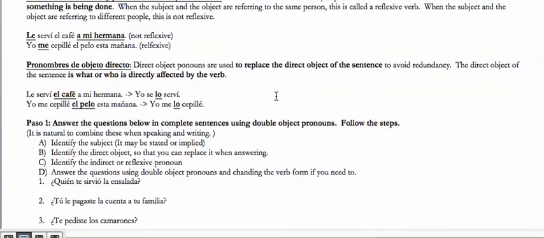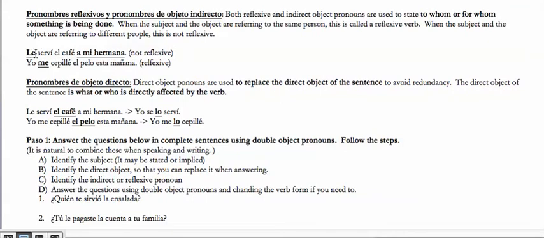So let's go back here. Le serví el café a mi hermana. This is not a reflexive verb because the subject and the object are different. I served coffee to her. Yo me cepillé el pelo. I brushed. I'm the one doing the brushing, and I'm the one receiving the brushing, so that is a reflexive